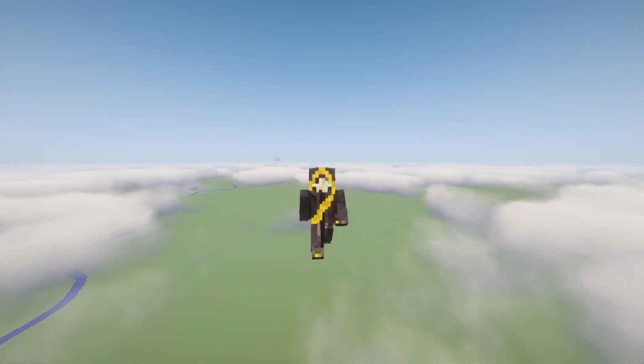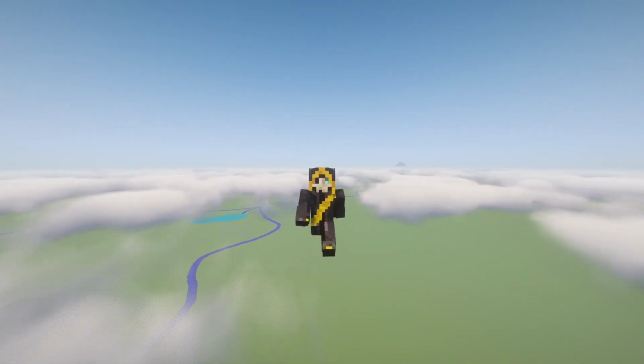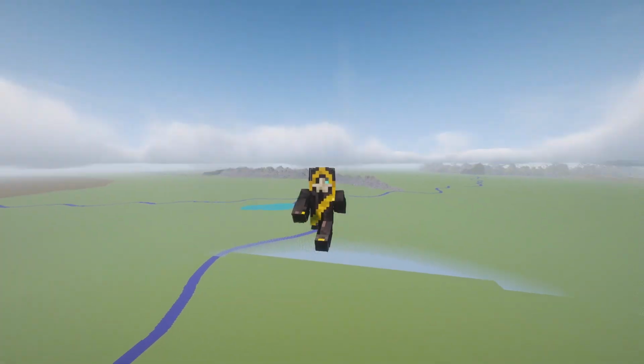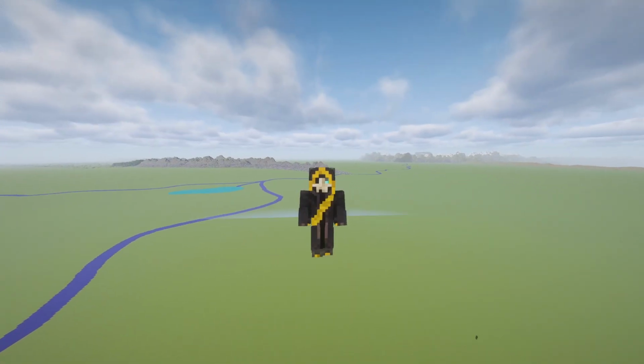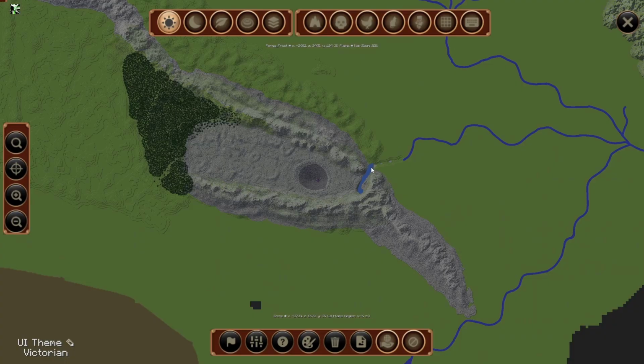Hey guys, welcome back to another episode of Book to Block, the series where I bring my fantasy novel to life in Minecraft one block at a time. In today's episode, we're working again with a little bit of water over on the outside of the world. Let's get a look. Alright, so in the last episode, we did a little bit of water work with the